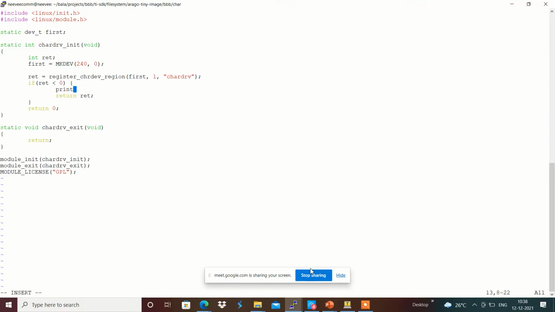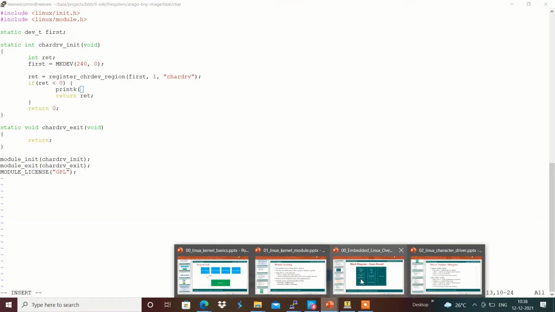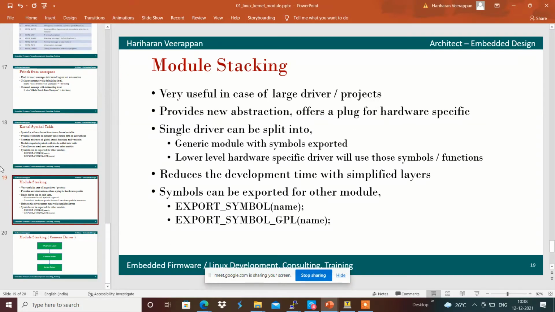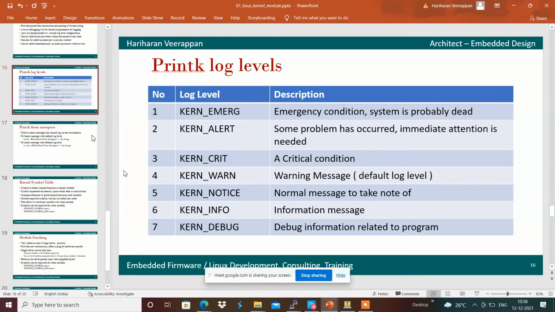In this, I am going to add printk. Since it is an error message, I am going to use the kernel printk log level definitions. It's something like a notice, a normal message or a warning. We are going to give the information or notice to the viewer.